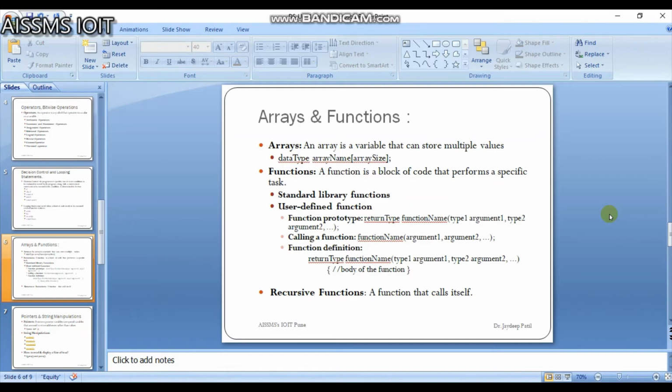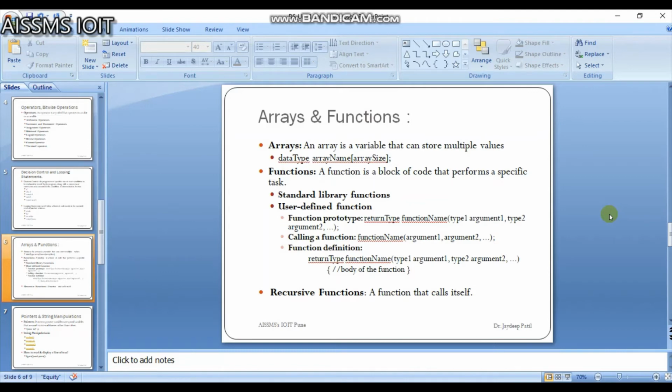Second one is user-defined functions. You can also create functions as per your needs. Such functions created by users are known as user-defined functions. For that we need a function prototype, calling a function, and function definition.